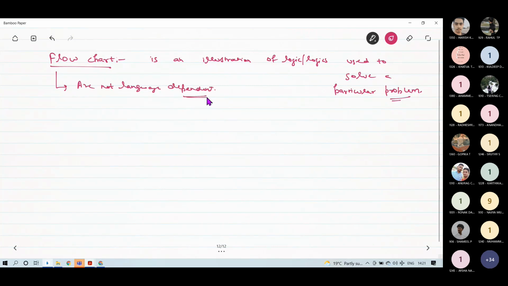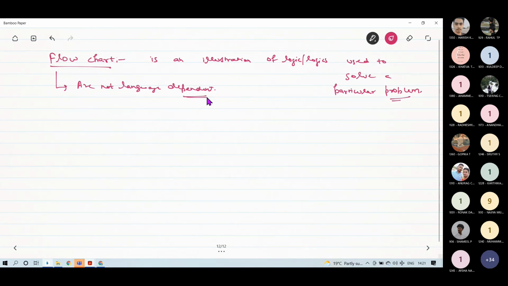Okay, so in practice, if you want to solve any problem, first of all you will make a flowchart. That flowchart will define the logics which you will be using to solve that particular problem. And of course this flowchart should be language independent.